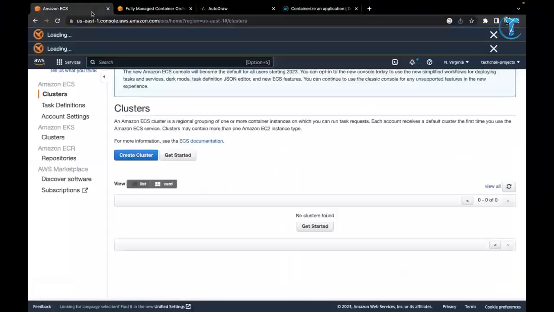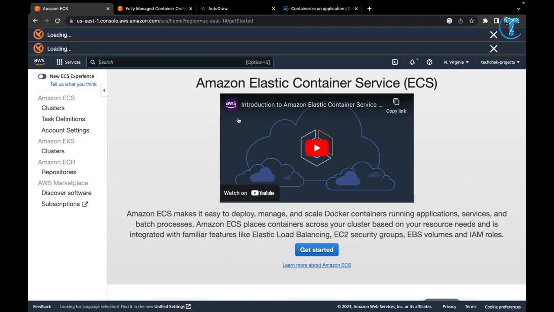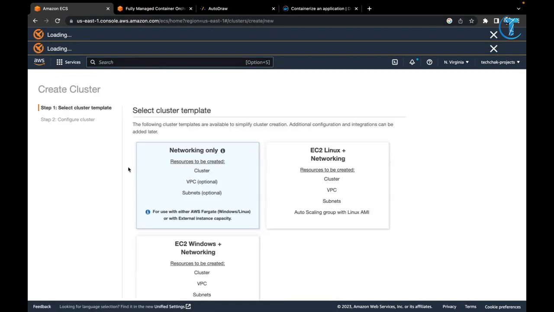Okay, so in this video, we will be looking at the ECS demo. We will start from scratch, and now I'm on my ECS console. You can see we have an option of creating the cluster. We have an option of creating a task definition. So first of all, you need to click on create cluster in order to create